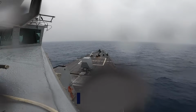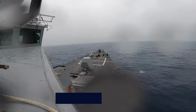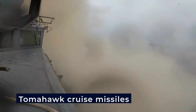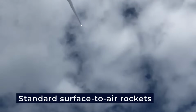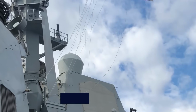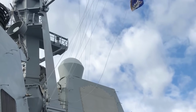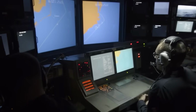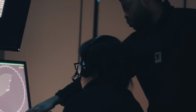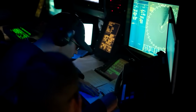On deck, sailors move with practiced precision around the Mark 41 vertical launch system. Rows of tubes ready to fire Tomahawk cruise missiles, standard surface-to-air rockets, and evolved Sea Sparrow missiles in a heartbeat. Above them, the SPY-1D phased array radar stands tall like a dish of shards, scanning the horizon 360 degrees, sea level to sky. Every second, it sends and receives thousands of radio pulses, searching for the faintest echo of an